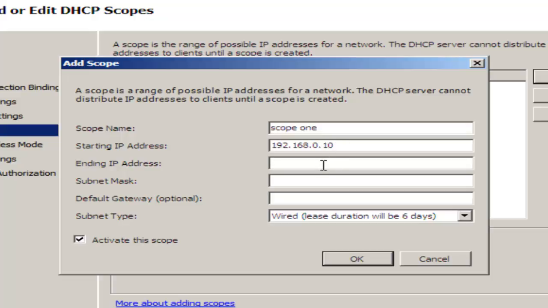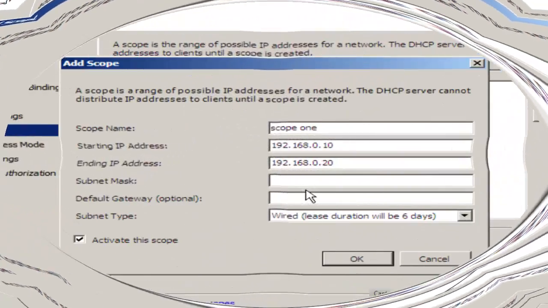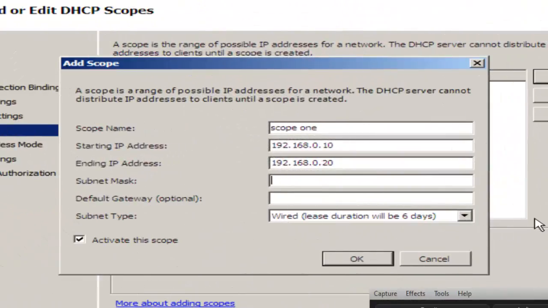192.168.0.10 to 192.168.0.20. We're using subnet mask C, so then that is 255.255.255.0, and the type